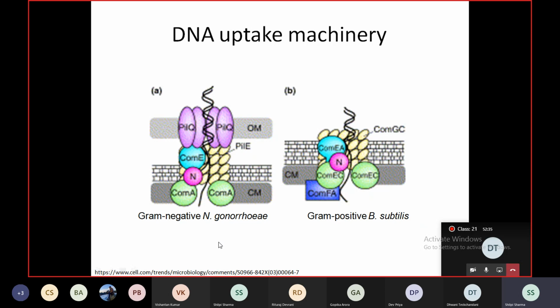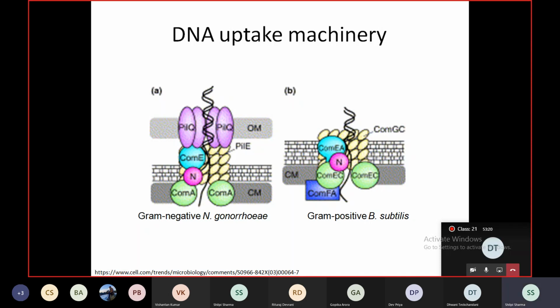And while there are some differences between the mechanism of uptake in gram positives and gram negatives due to their difference in the cell envelope, mostly they share some proteins involved in the process. The first step, of course, is binding of the free DNA to the cell surface, followed by its uptake by an enzyme called DNA translocase. So translocation of the DNA is done. And the uptake across the membrane is only of single-stranded DNA. Notice here, the double strand binds. However, what enters is the single strand in both cases.